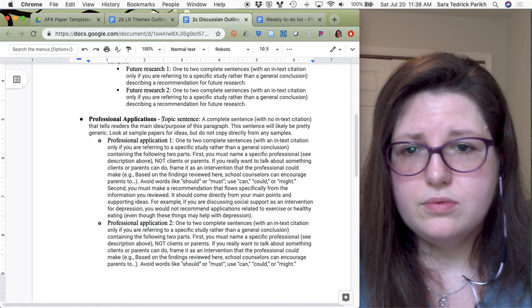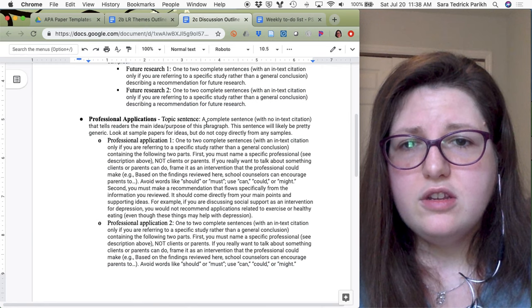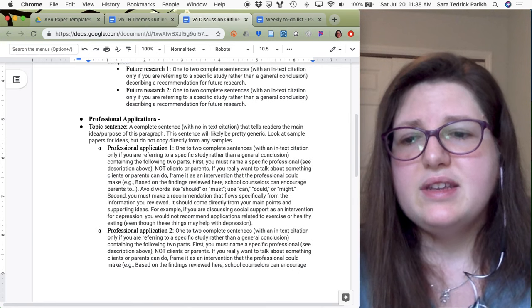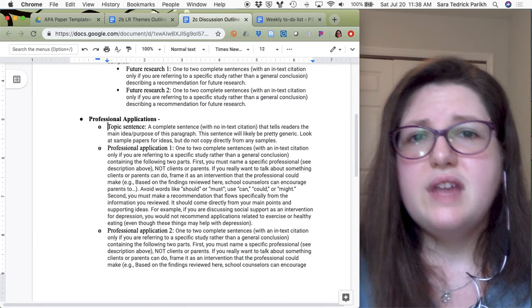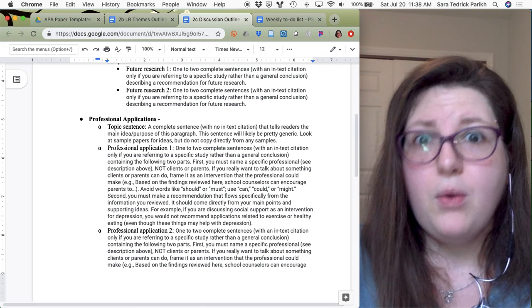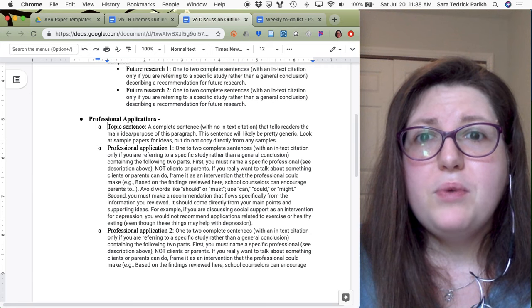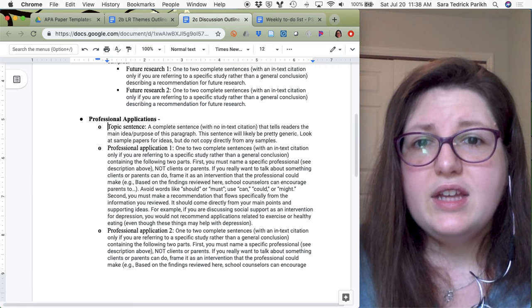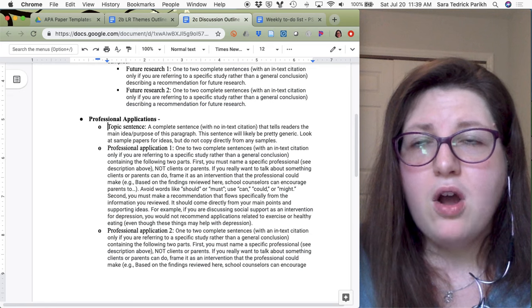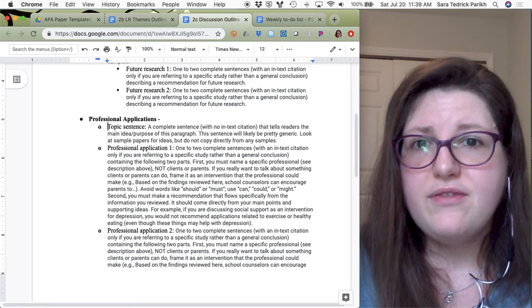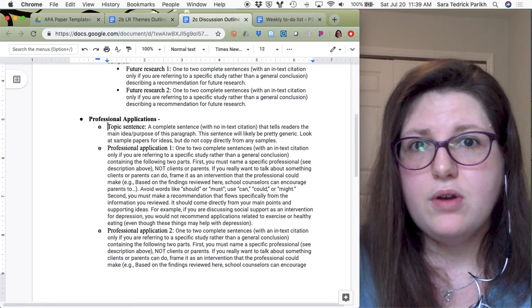Let's see. So again, everything needs a topic sentence. I have you write it now because this outline is going to take you a while, because you're essentially writing your paper. But once you sit down to draft your paper, it's going to go very quickly. Within half an hour, you'll be more in an editing mode than a writing mode.